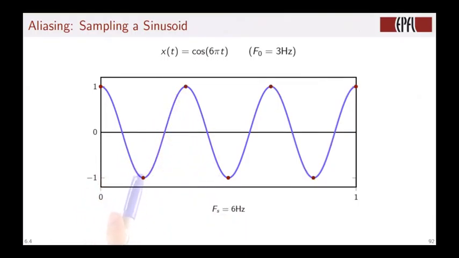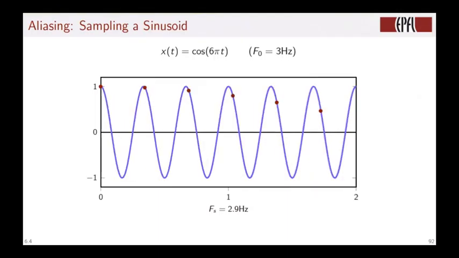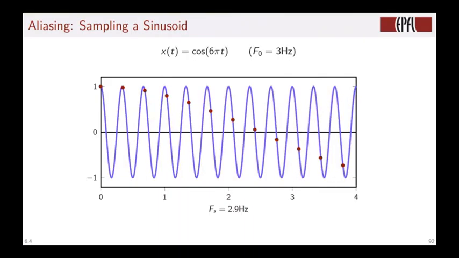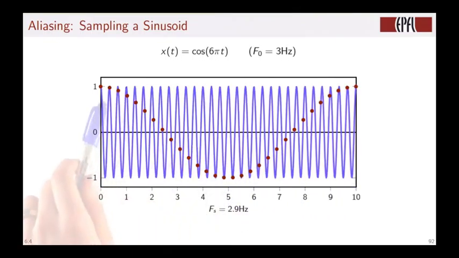fs 6 Hz is exactly the limit. So the samples alternate between +1 and -1, which is the maximum digital frequency. fs 2.9 Hz. Now we are actually below f0, and clearly we're going to have aliasing. And we can see we have a few points here, but it doesn't really look like an adequate representation of the sine wave. So we rescale, we take an interval of 2 instead of the interval of 1 from before. We still see that these points do not give a good impression of the sine wave. So let's extend to an interval of 4, to an interval of 10, and now we see a sinusoid appearing,